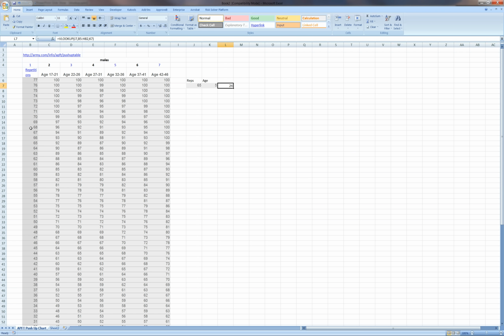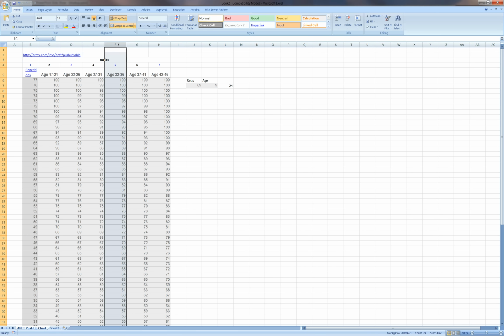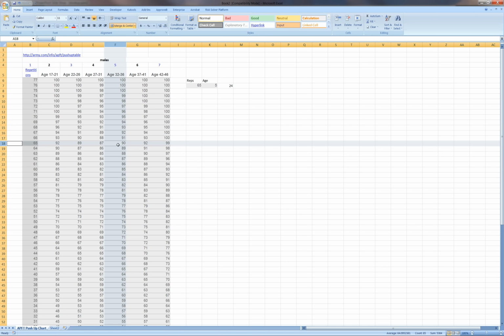I said, okay, my reps are 65. And I know my age column is column 5, so it should intersect right there, and 65. So I know it should be 90, and it's not 90. Remember, originally I said that